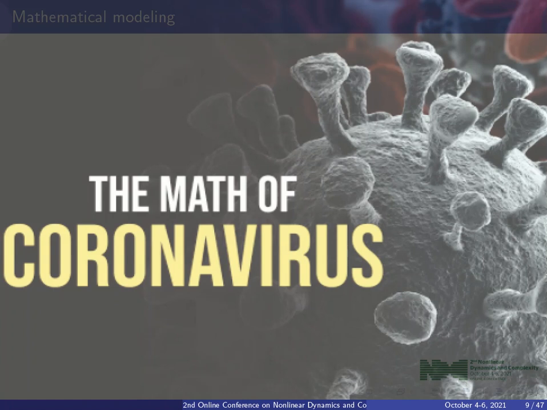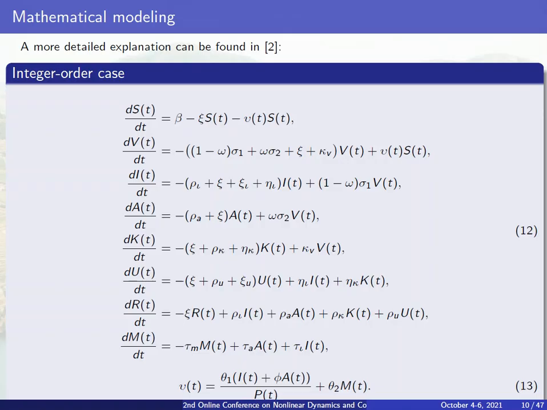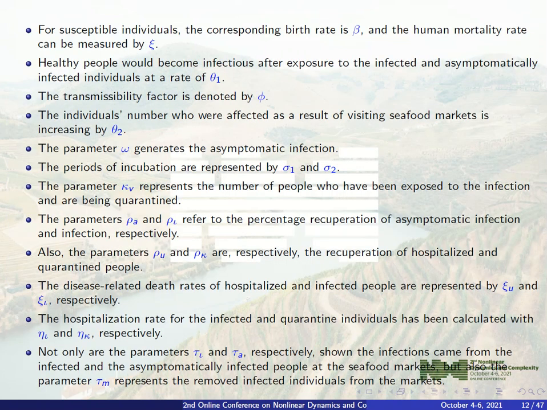The threat posed by COVID-19 to millions of people worldwide is becoming a real threat and a severe health risk. Isolation and quarantine could be introduced as effective and practical solutions to decline and eradicate the disease transmission rate. Coronavirus can spread through people who have clinical symptoms and are vulnerable to infection. As a result, an ordinary differential equation system which describes the disease could be derived as below. And in this slide we introduce the other parameters.